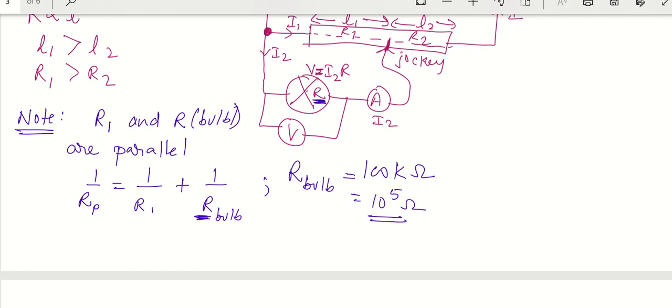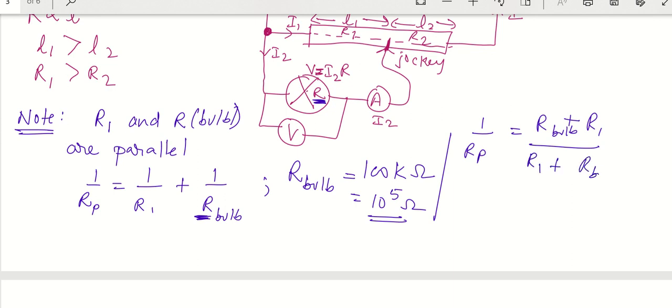So what will happen here is, now your 1 by Rp will be equal to 1 by R1 plus 1 by R of the bulb, which means I have to take the reciprocal and put Rp equal to